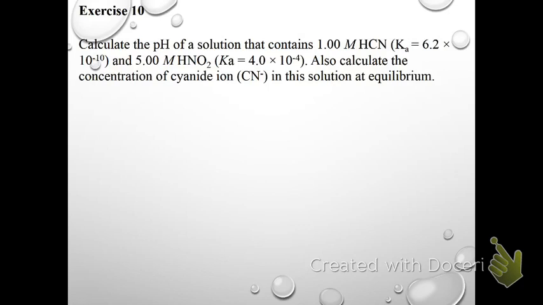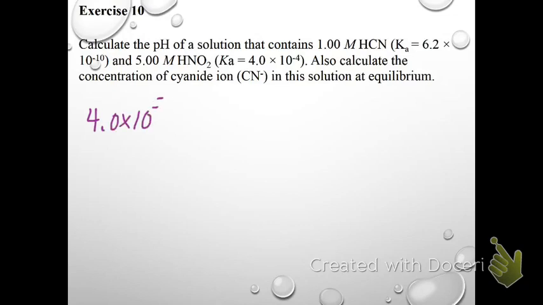In this example we have hydrocyanic acid. It's got a really low Ka value, 10 to the negative 10, and 5 molar nitrous acid, which has a much larger Ka value. But then it also says calculate the concentration of the cyanide ion that's at equilibrium. So we're going to take the